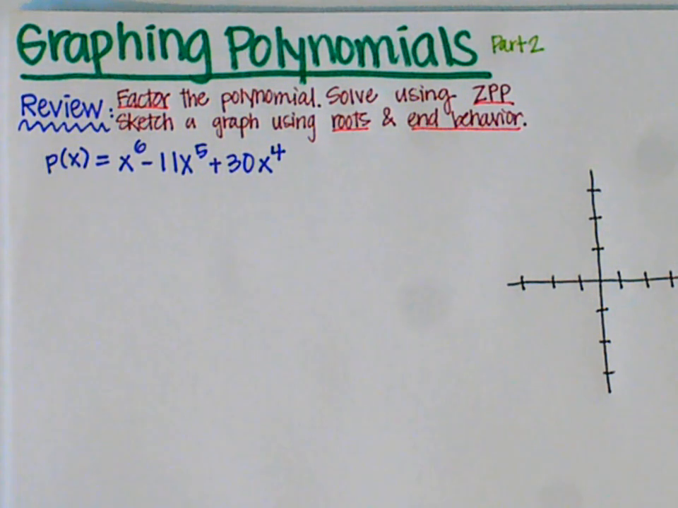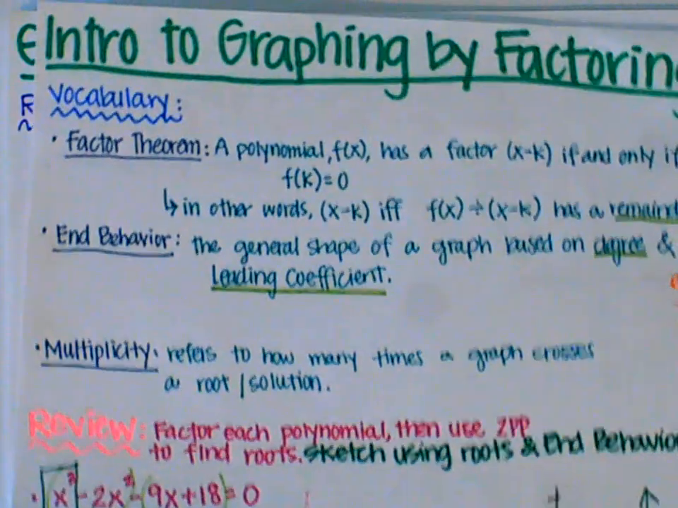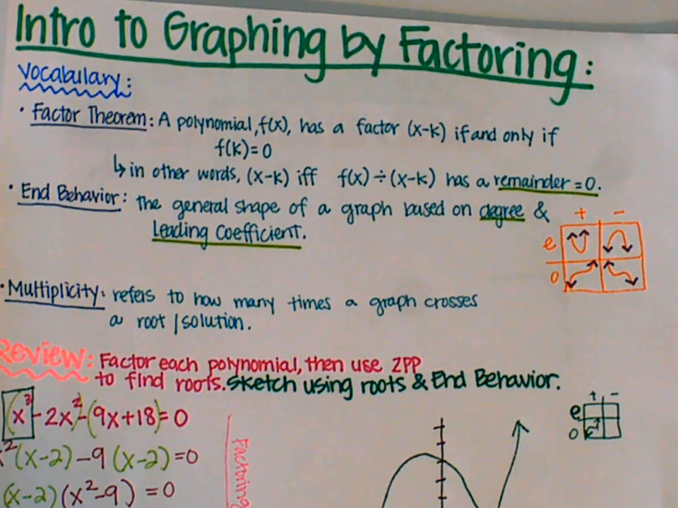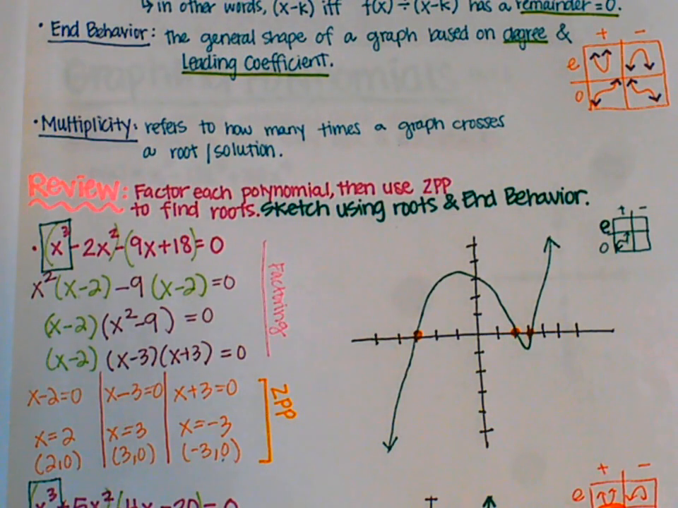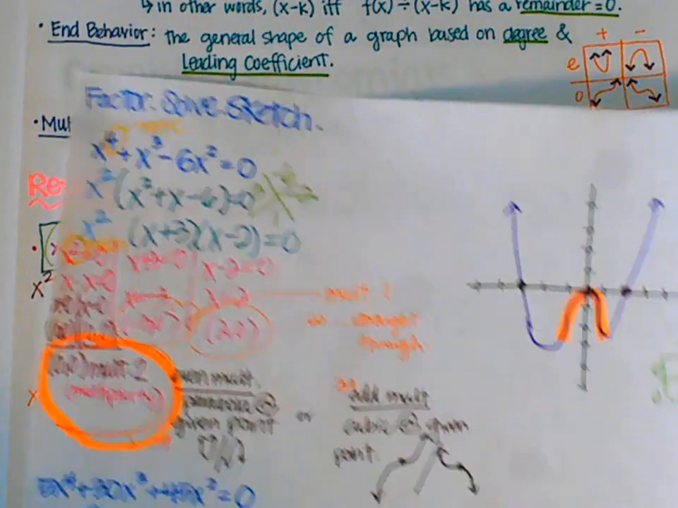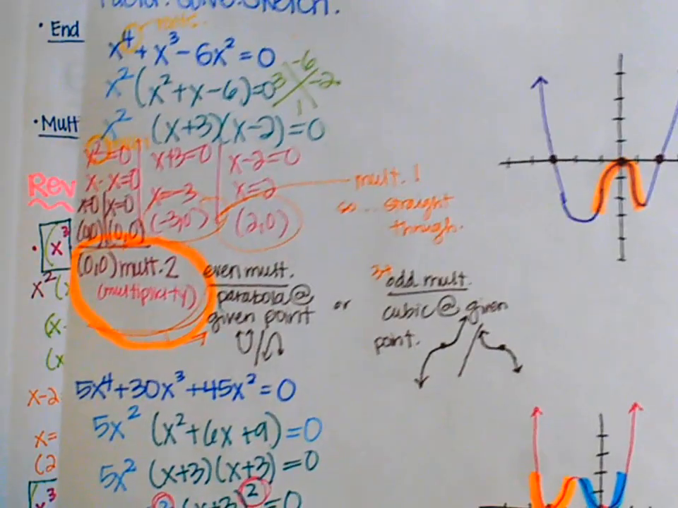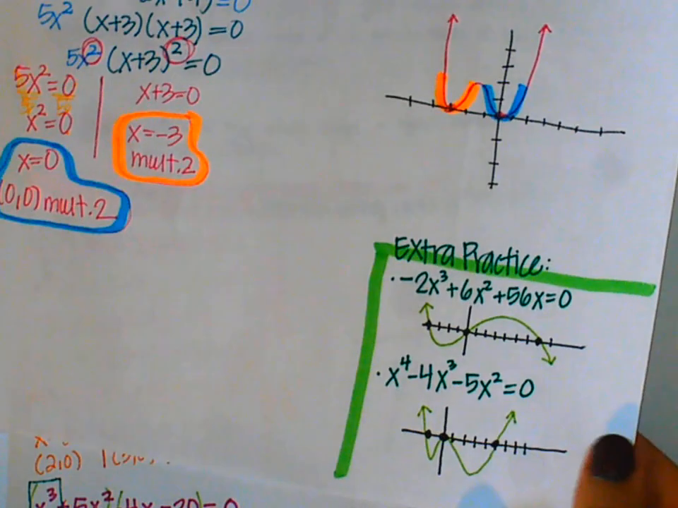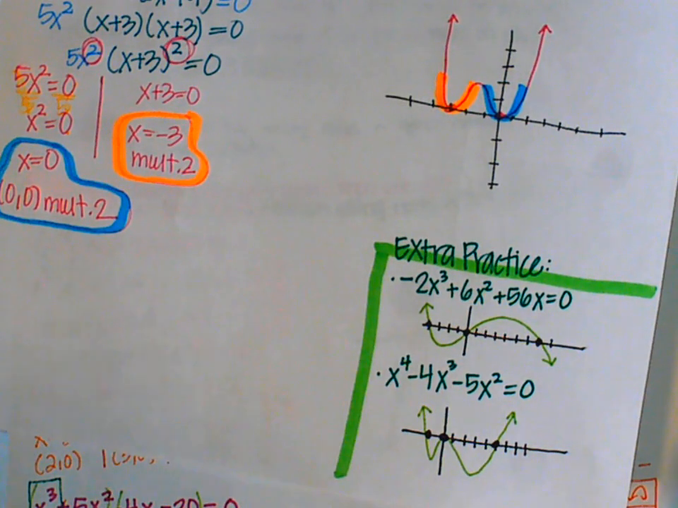Hello everyone. So this video is going to focus on the second part of graphing polynomials. If I were to bring back the first part, we did some vocabulary where we talked about the end behavior, which is a general shape based on our chart. We did factoring of four-term polynomials. We also did factoring with trinomials, and we talked about multiplicities. And in class, I gave you a couple extra practice problems with some answer keys that you could have practiced